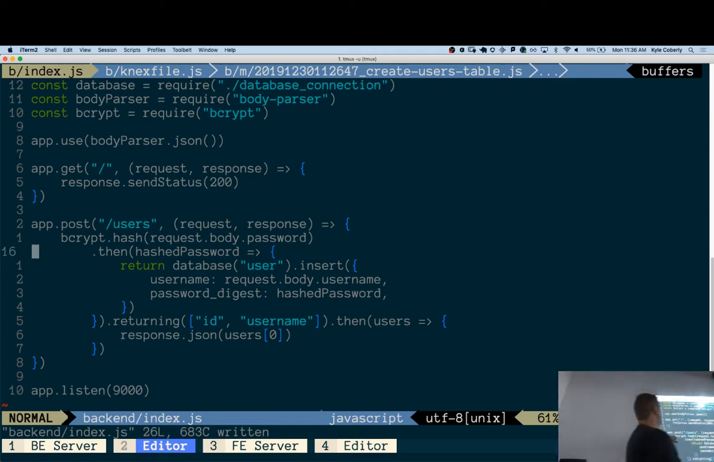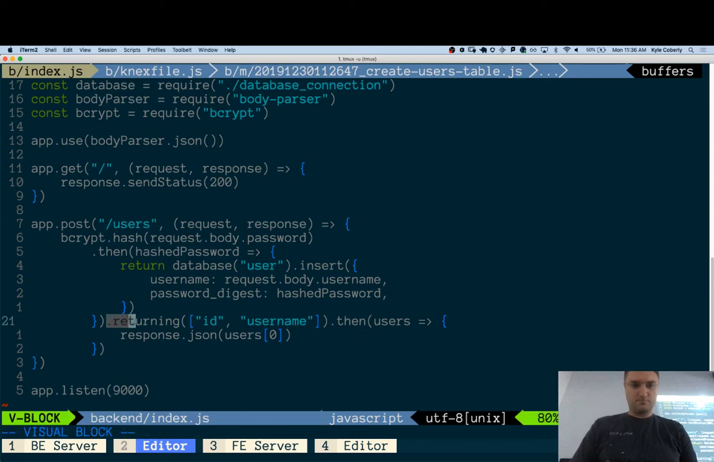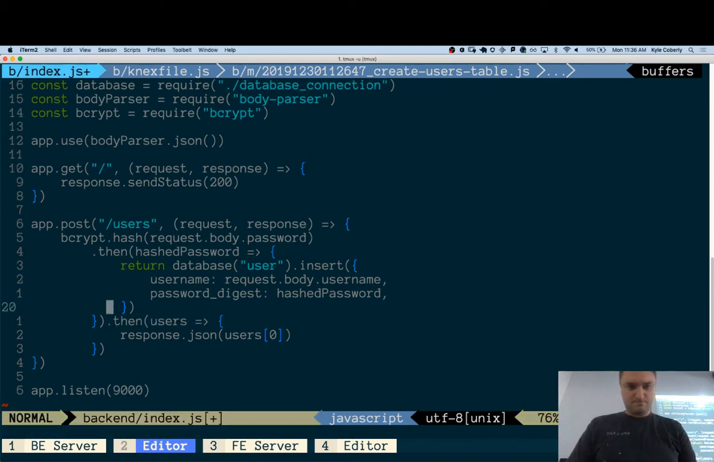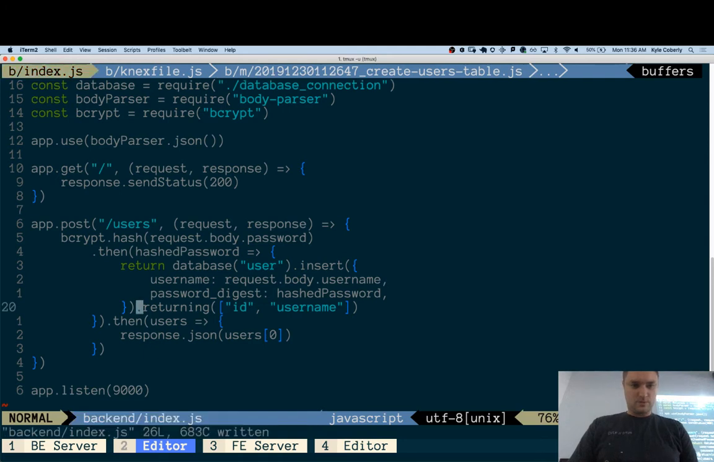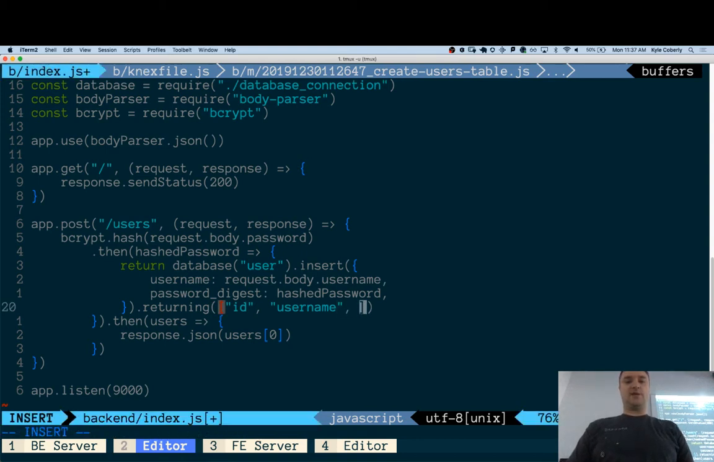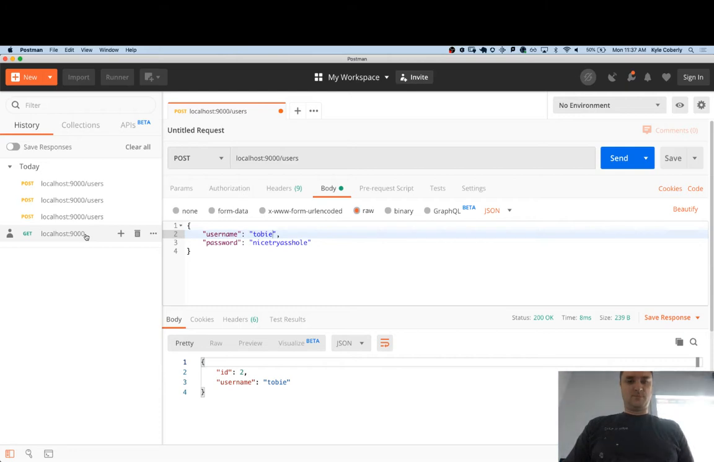All right, so we hash the password. We take the hashed password. We use that as part of this database insert. We take the thing that comes back from it. Oop, one more thing. Then I take the users that I get back and respond with them. Just so we can see, I want to make sure the password hash is actually happening. So I'll say password, give me back the password digest also. If I do that right,